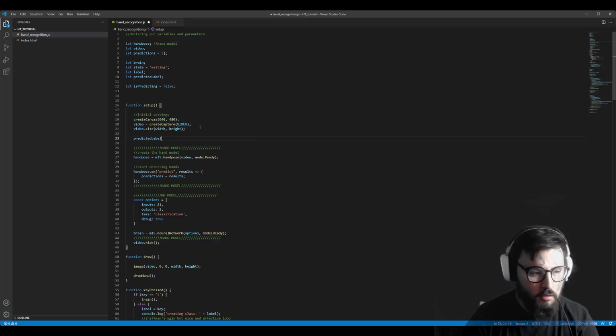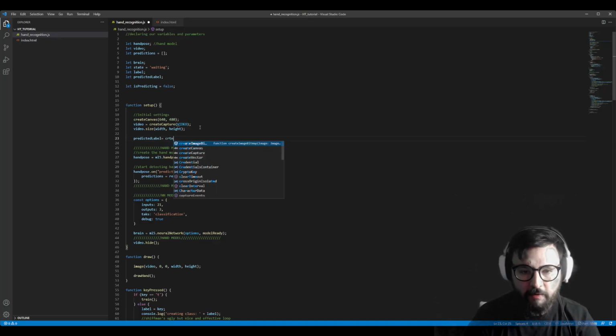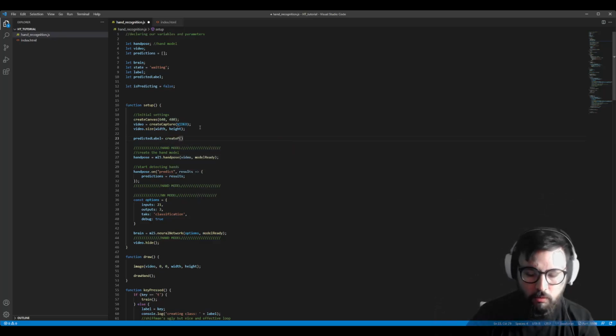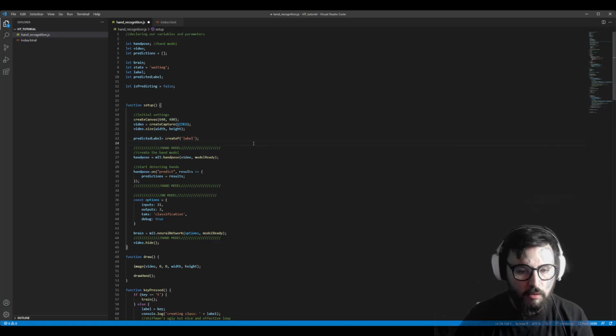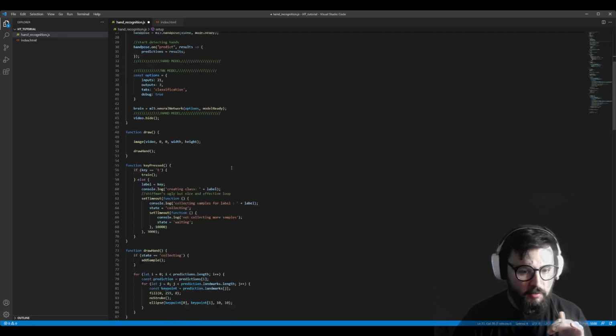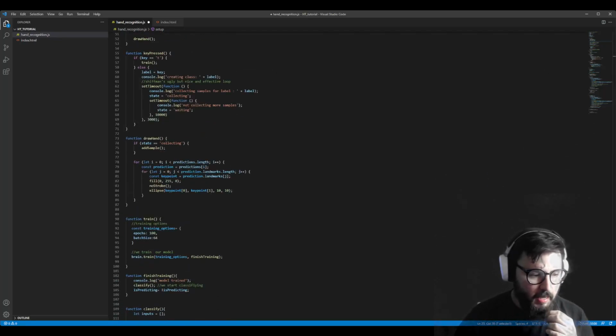Predicted label. We just create a paragraph, createP, and we will call this label or prediction, whatever. This basically will be a text thing, and we want to